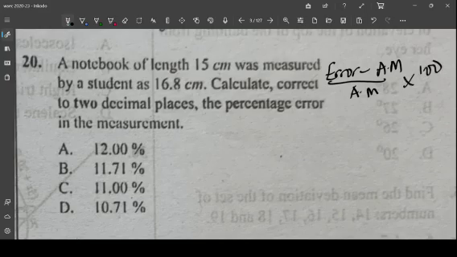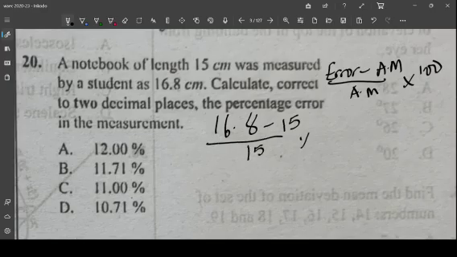Right? So what was the error? The measured value was 16.8, minus the actual measurement, which was 15, over the actual measurement. So 16.8 minus 15 is equal to 1.8, over 15, times 100. All right. So this is equal